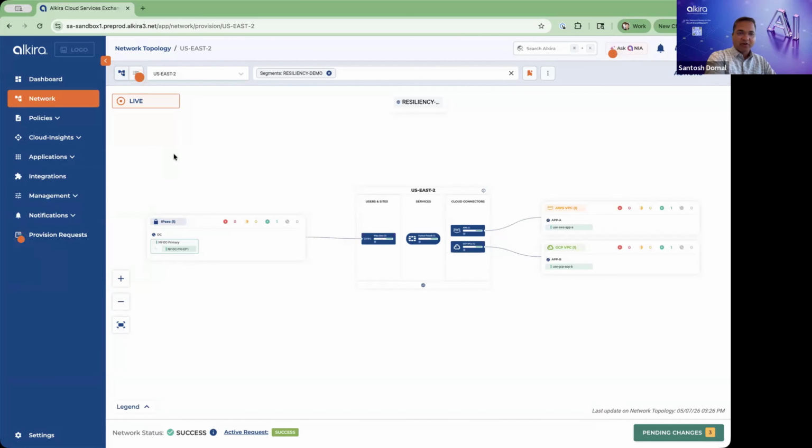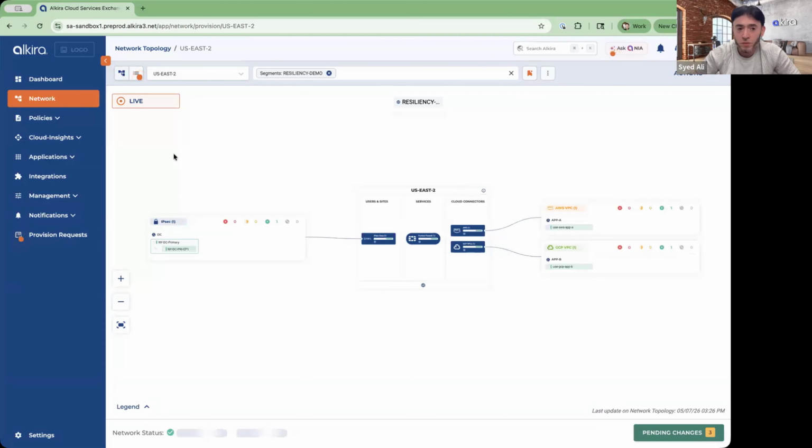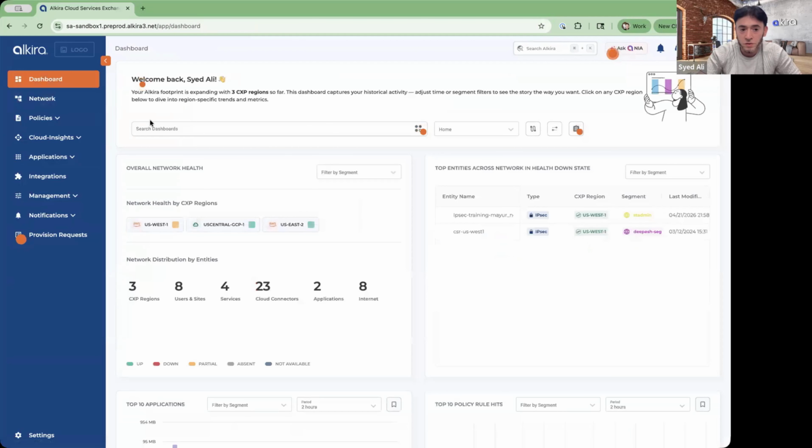Yeah, we can talk a little bit more about the use case, but why don't we dive into the demo and take it forward? For our viewers who may be seeing this for the first time, this is what our portal looks like. When Alkira customers use an Alkira service, they'll get a unique URL. From there, the main page they're taken to after they've provisioned their environment is a dashboard which shows them the health of the environment.